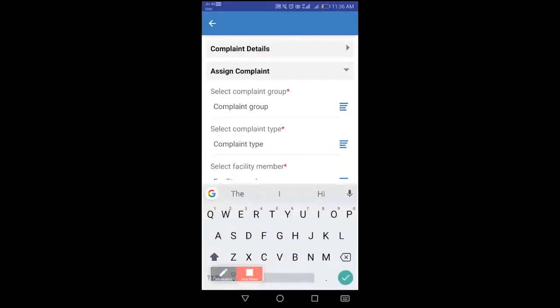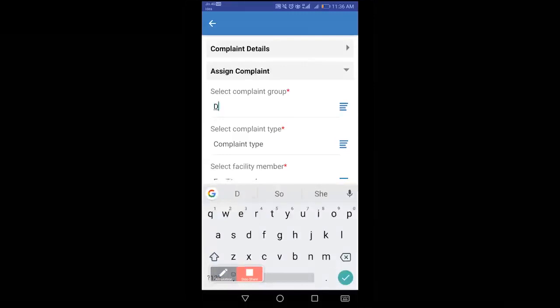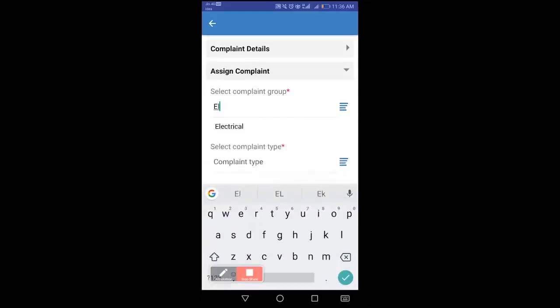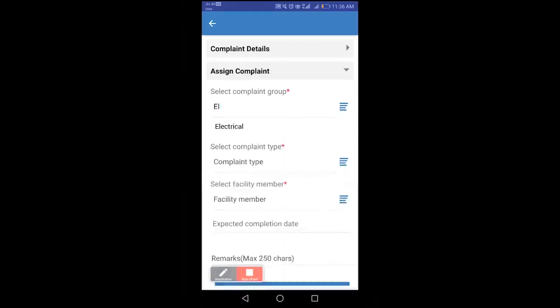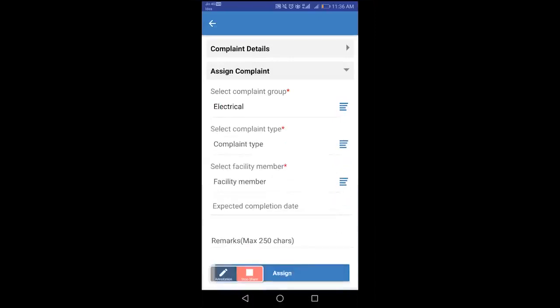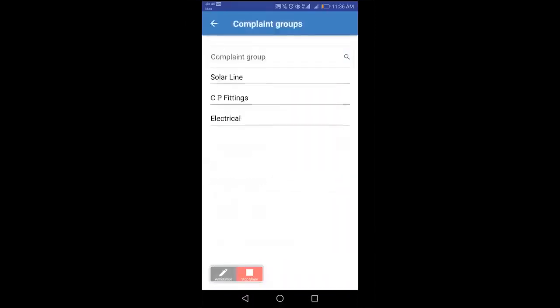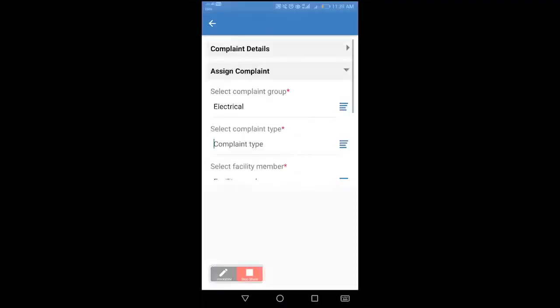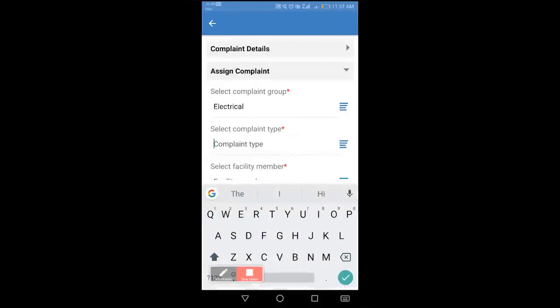For the complaint group, you can directly start typing the details, and an auto suggestion is provided. You can just select from the auto suggestion box, or there is a list option available at the right hand side. You can just select from it. The same is applicable to the complaint type.